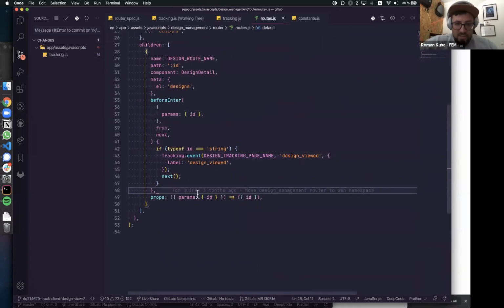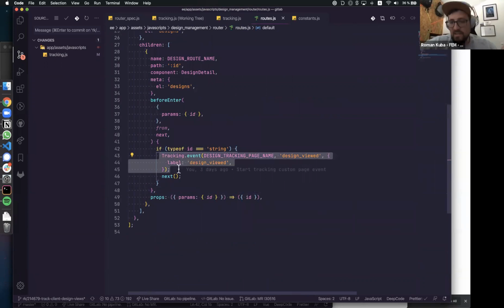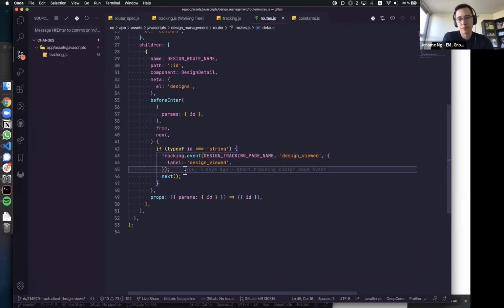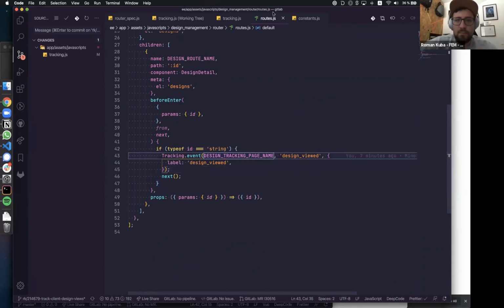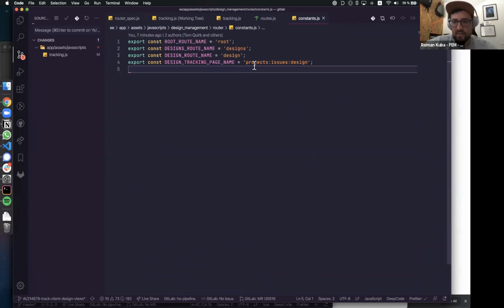So what it ended up doing is this here, or that's the thing basically we had, right? And we talked about it briefly in our MR. And this is the custom one, where I call the custom event. I give it a name that I now have in the constants, which is like this project issues